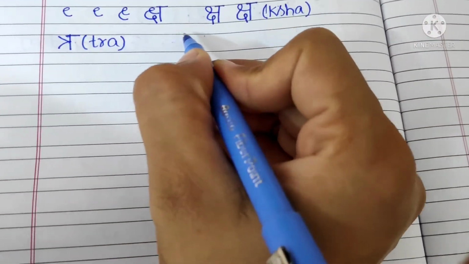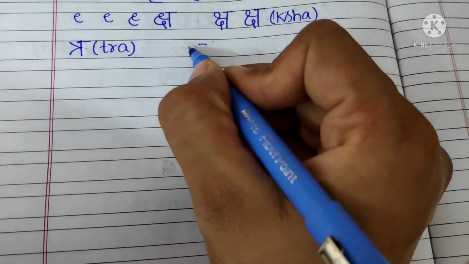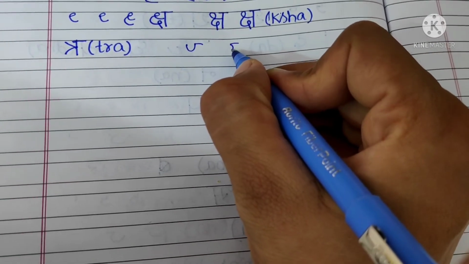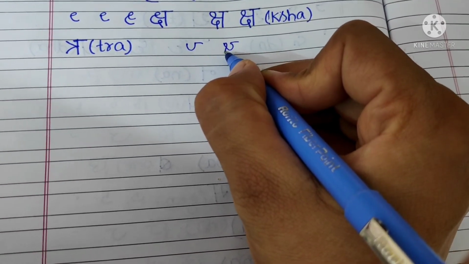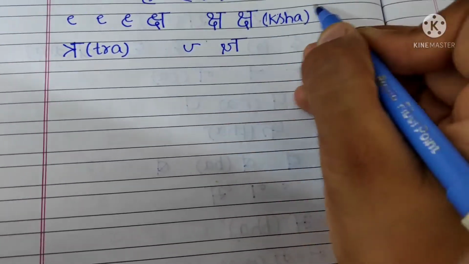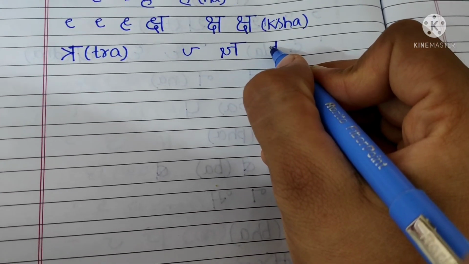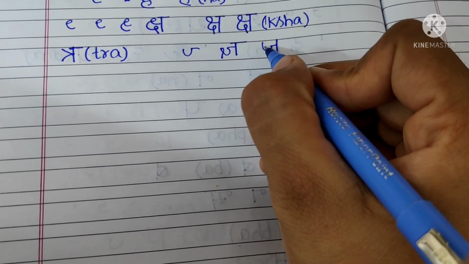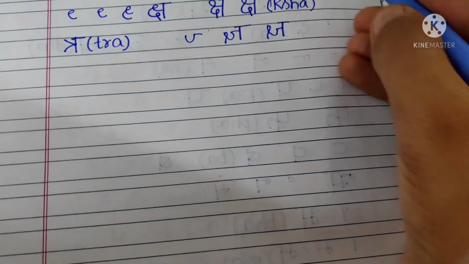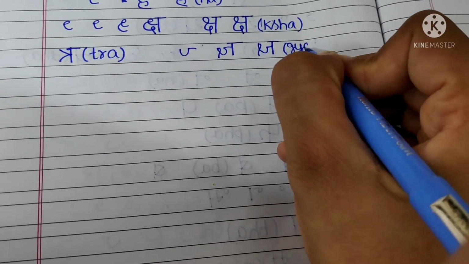Next and last letter is Gya. How we can write Gya letter? First look, sleeping line, and then turn like this, again sleeping line, curve like this, and then do a curve like this, and then a standing line and sleeping line. One more way we can write, standing line, sleeping line, curve like this. This looks like J, and then we have to turn like this. So this is our Gya alphabet.